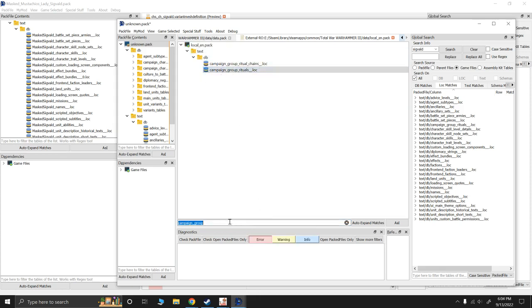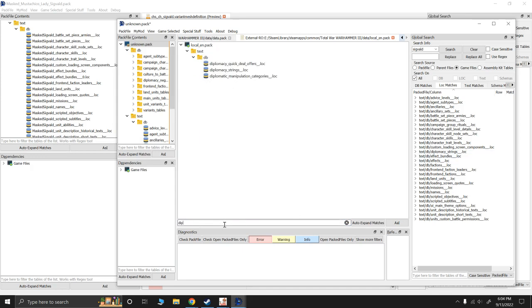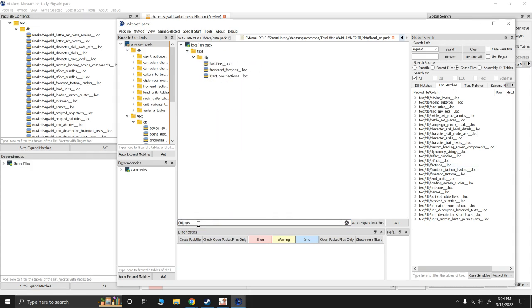We have character skill level, details, skill node set, character skills in general, character trait, levels, custom loading, that I've never gotten to work, but we'll do custom loading screen components, diplomacy strings, we have effect, bundles, we have effects just in general, we have factions, we have front-end faction leader, front-end faction leaders,